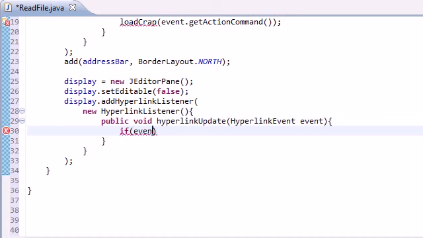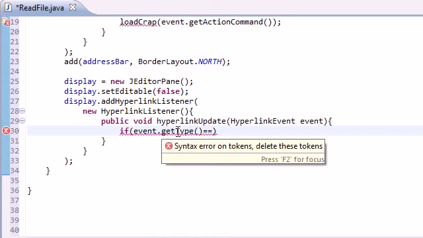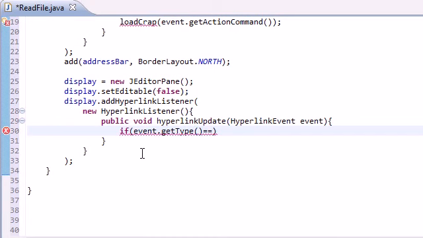So in order to do that, we use event get type, and this returns the different types of events you can have, such as click, which is called activated, roll over, which is called entered, and roll away from, which is called exited. So, okay, we want to say, if this is equal to hyperlink,